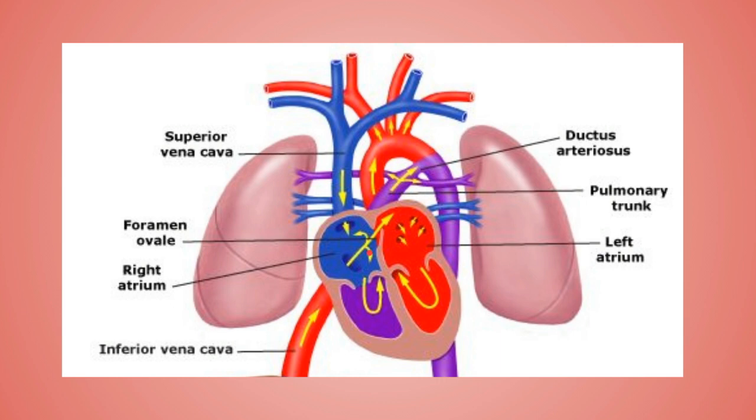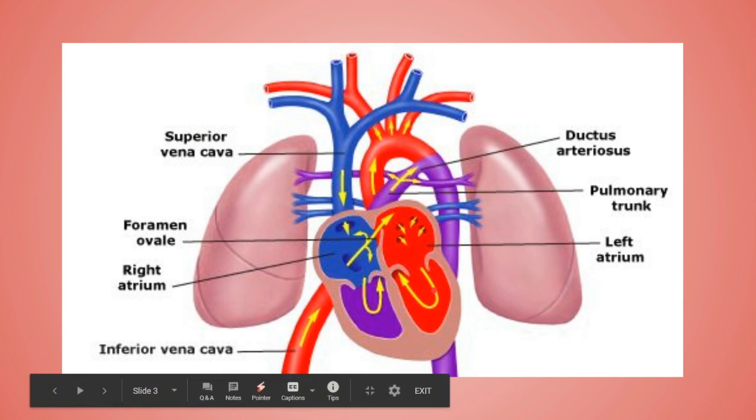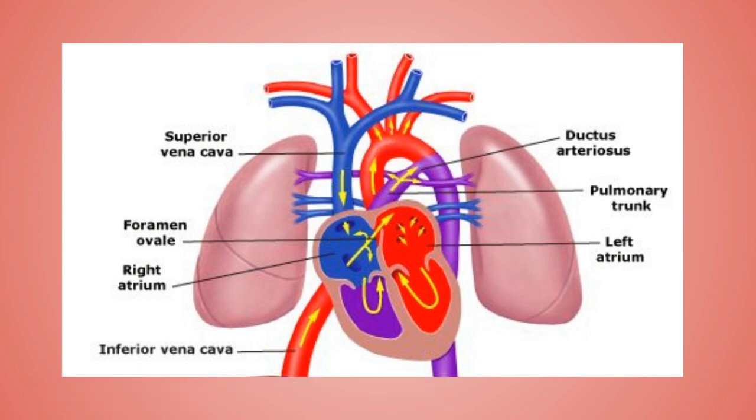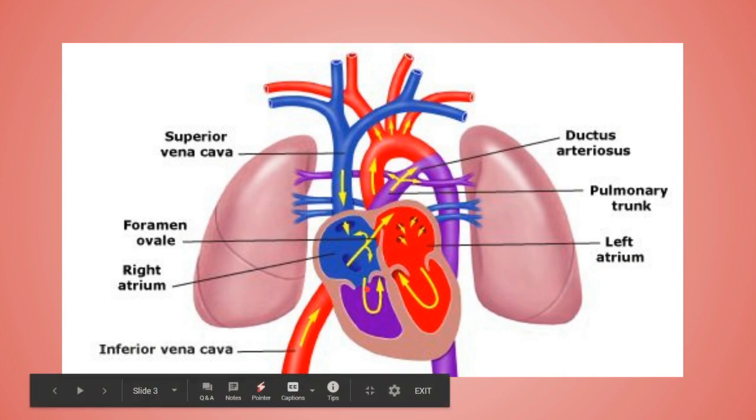body, right? So simple. From the right atrium, the majority of the blood enters into the left atrium by way of the foramen ovale, and from this left atrium, the blood enters into the left ventricle, and from this left ventricle, the blood enters into the aorta, and from this aorta, the blood will reach the upper important structures, including the head, brain, neck, whatever the structures in the uppermost part of the body.